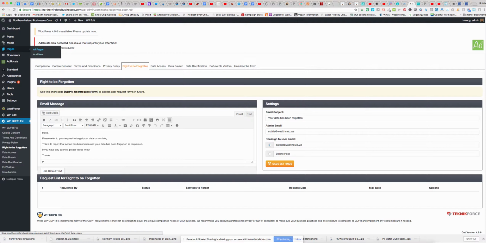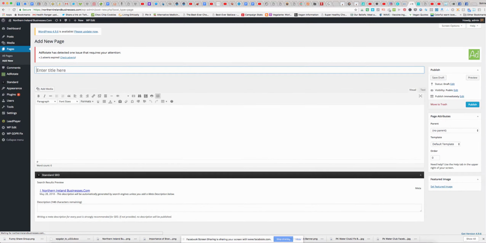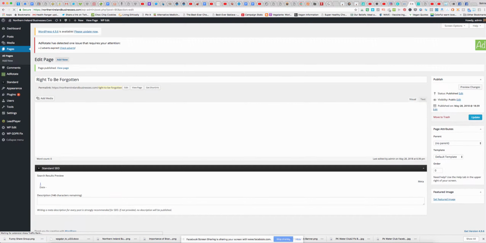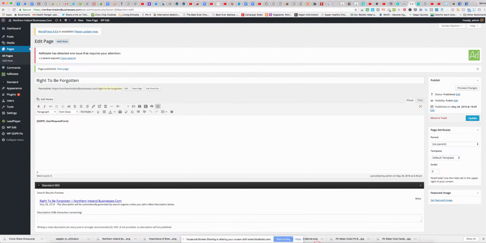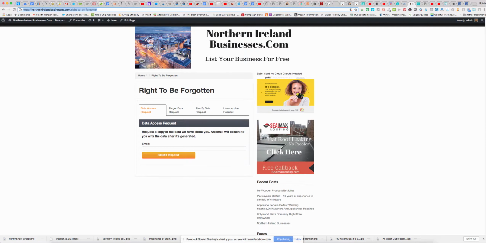And what we'll do is we'll go to Pages, and we'll click Add New, and we'll write the title Right to be Forgotten, and we'll paste in this little bit of code here and publish. Okay, and then we'll click View Page, and we'll copy this page,